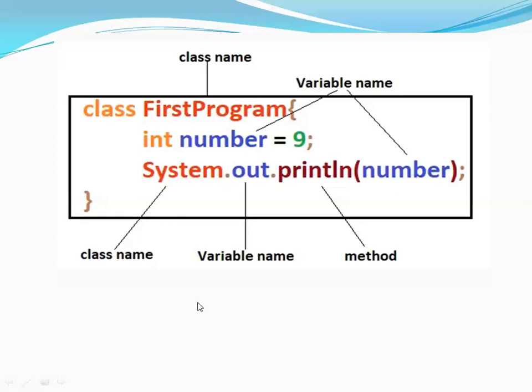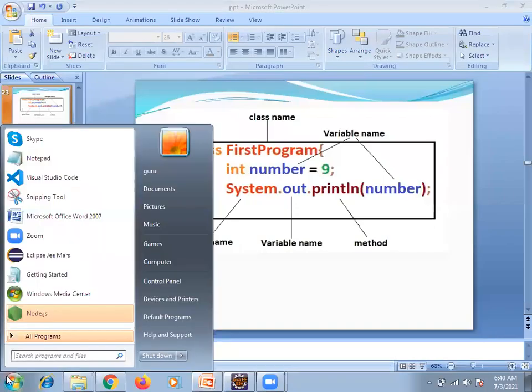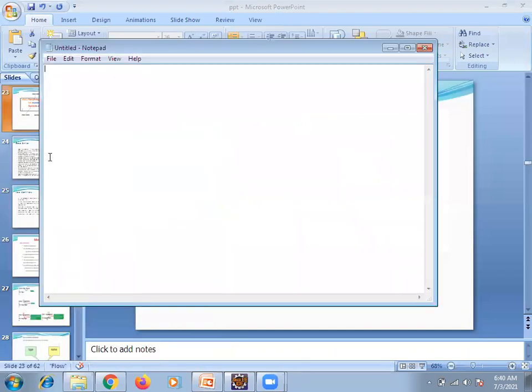You are getting what I'm saying? If you want to define one variable, you need to define the data type, meaning the type of data, and the variable name. Why are we using a variable? We want to store some data.